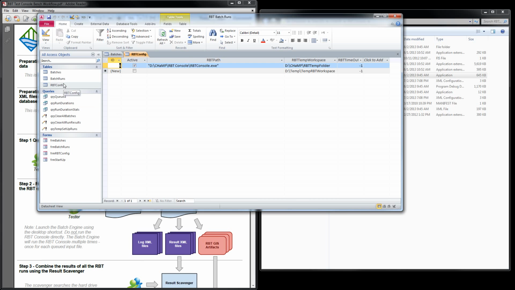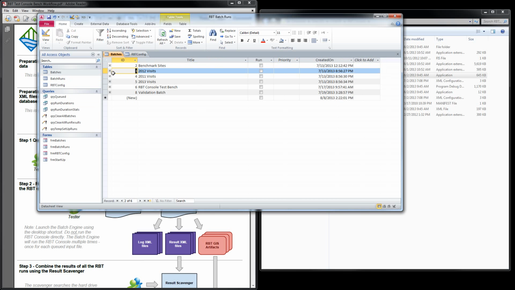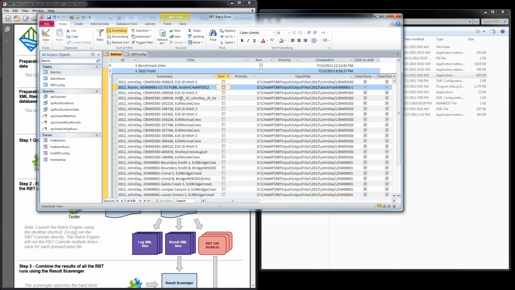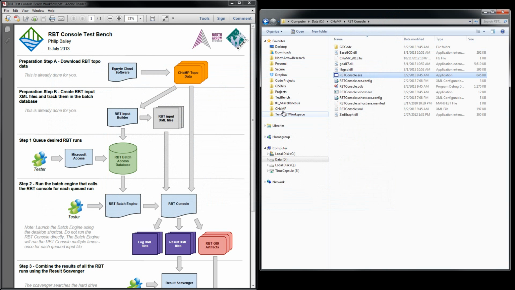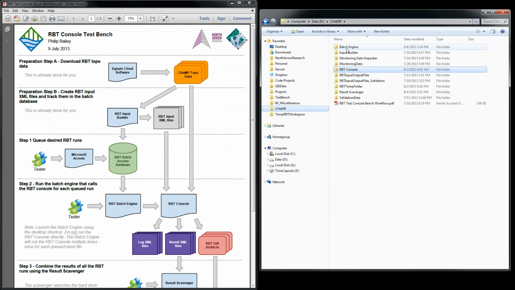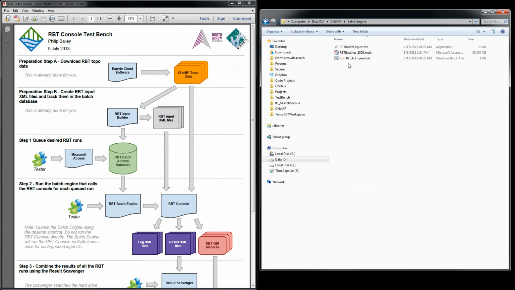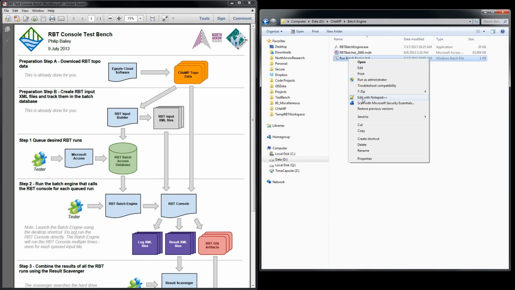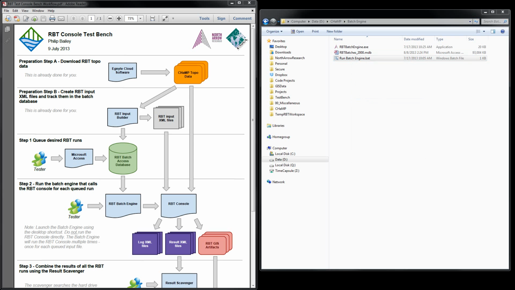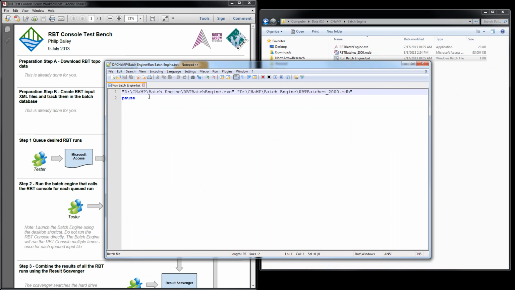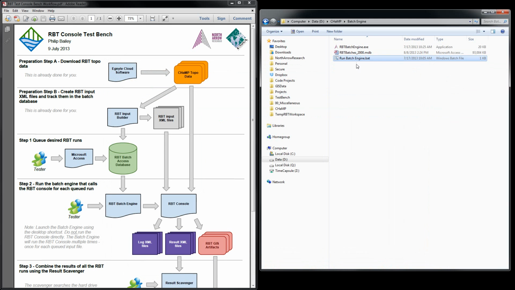So what you're trying to achieve here in this batch database is basically get all of the runs you want to run listed in a table, and then you are ready to run the RBT. And under batch engine, you're going to want to run this executable with this database as the command line argument. And I've basically created myself a little batch script that does that. So I've got the batch engine RBT engine exe with the database afterwards, and when I double click that,